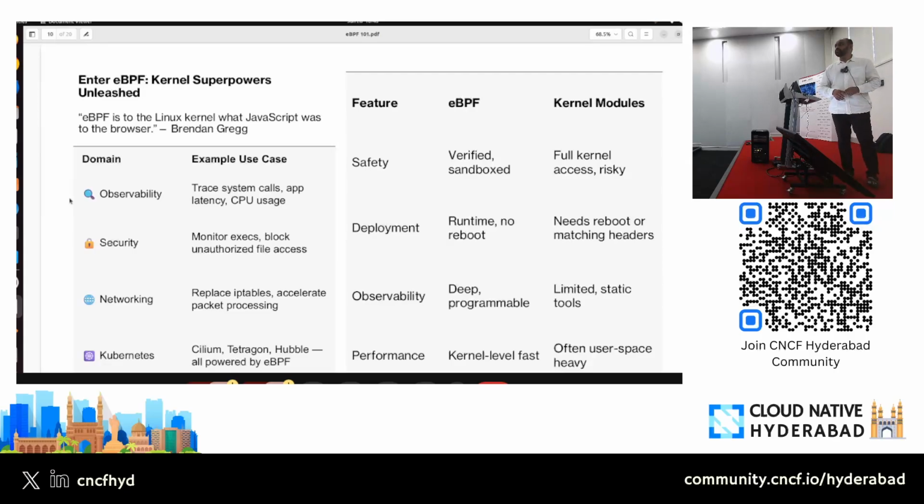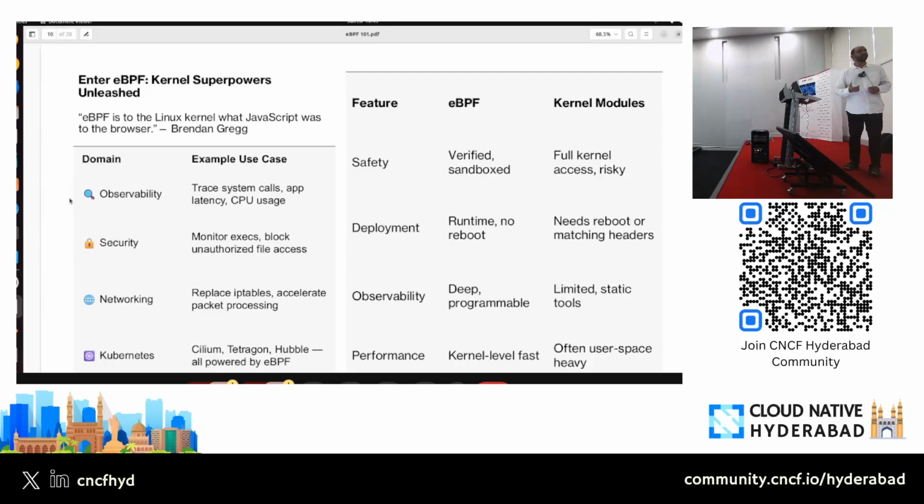I'm sure a lot of you, how many of you are using Kubernetes? Great. How many of you are using Cilium? Calico? Flannel? Anything else? Pixie? Great. Okay. So Cilium is a product, and the company who created Cilium is Isovalent.